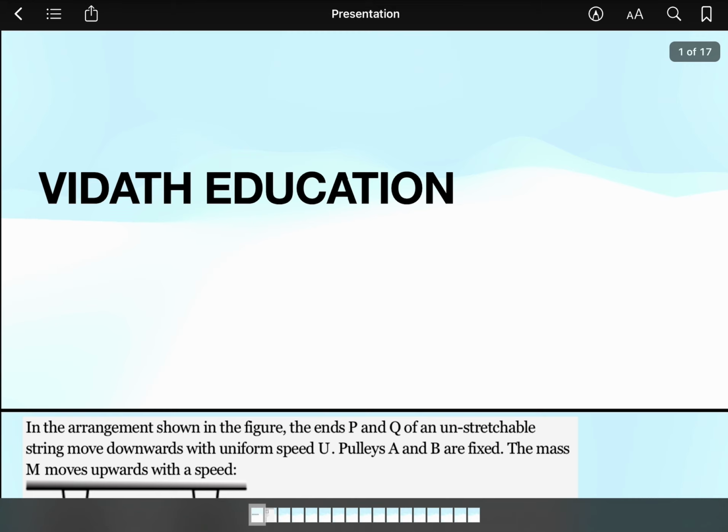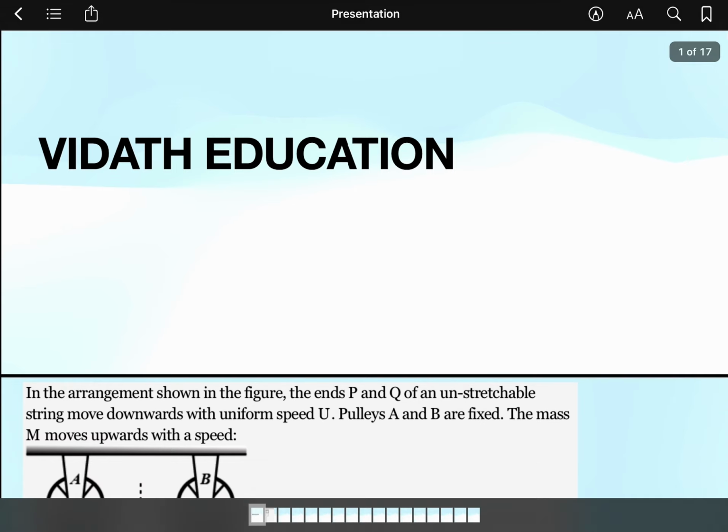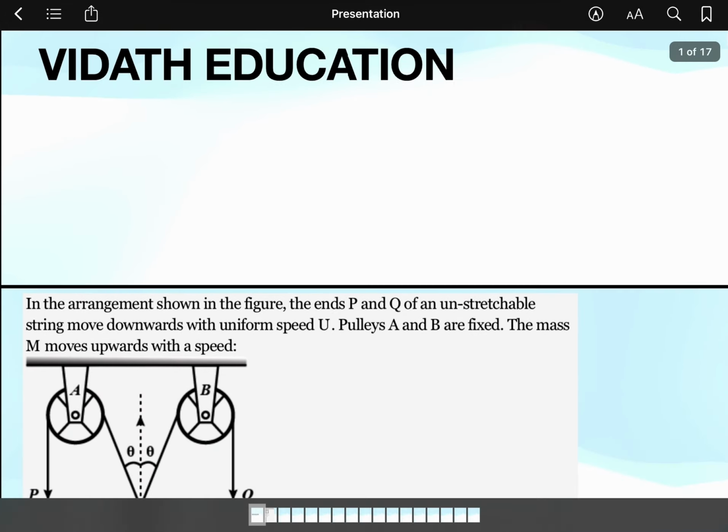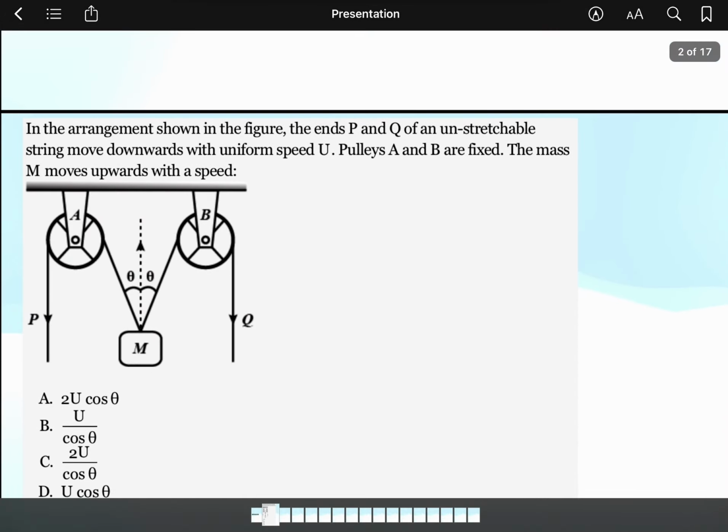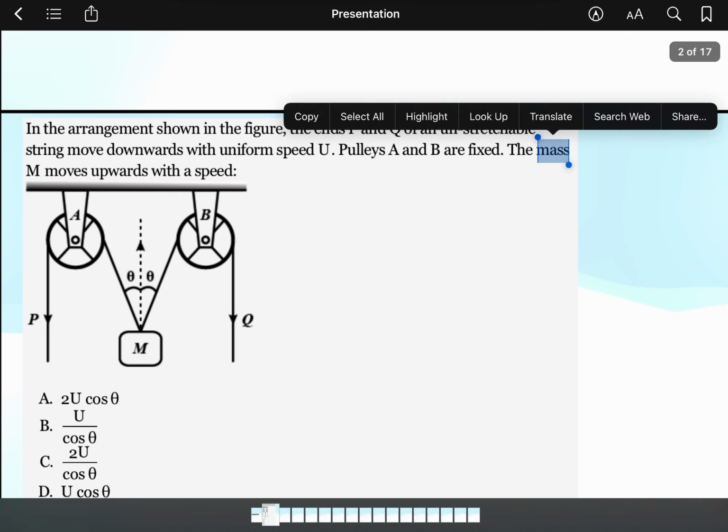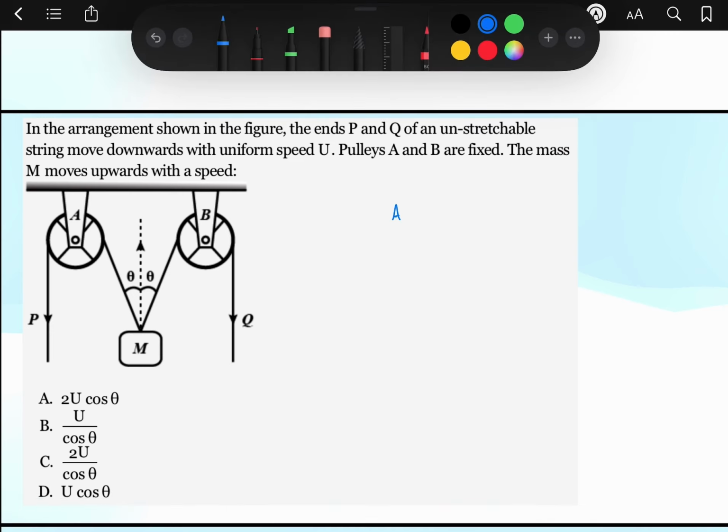So this is another question from IIT JEE PYQ from the chapter Newton's Laws of Motion. The question is from the year Advanced 1982. The question is, in the arrangement shown in the figure, the ends P and Q of an unstretchable string